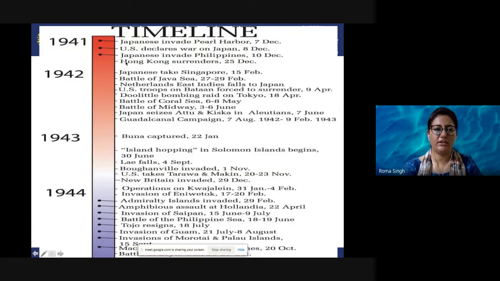In this way, we can prepare timelines horizontally or vertically, and we can specifically mention the scale on which we want to show. Like here, only a 1 year gap is presented. We can show a 5 year or 10 year gap. In this way, students can go on repeating these timelines, and they will learn very easily what event happened at what time. So the history teacher should try to teach every topic this way. There should be a timeline for every topic.